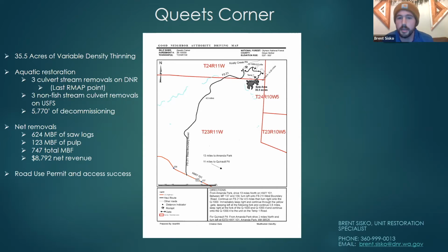Just some of the highlights on the revenue side of things. You can see that there's 747 MBF total that was shipped off the sale, with a net revenue of about $8,700. That revenue is similar to what the Collaborative has, where we can put this money back into the forest with the restoration work that we're doing, and look at a diversity of projects with aquatic resources,